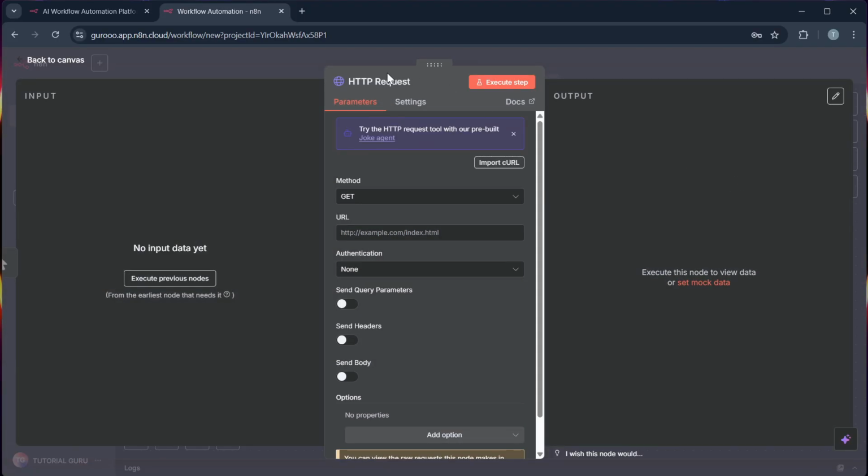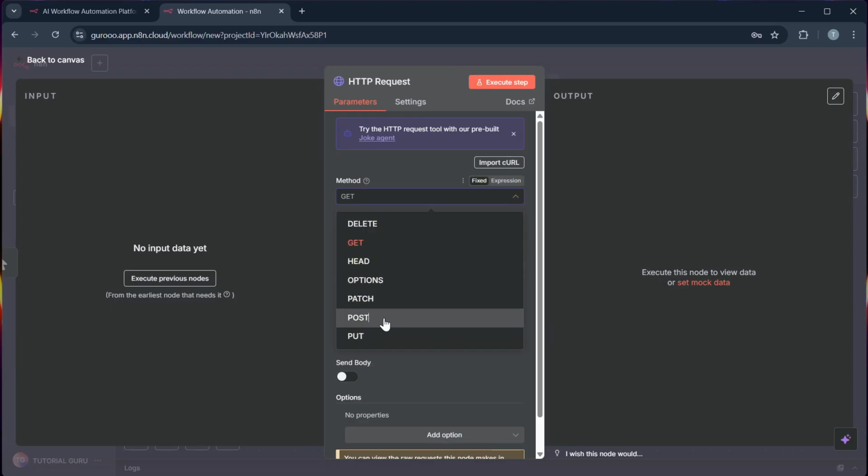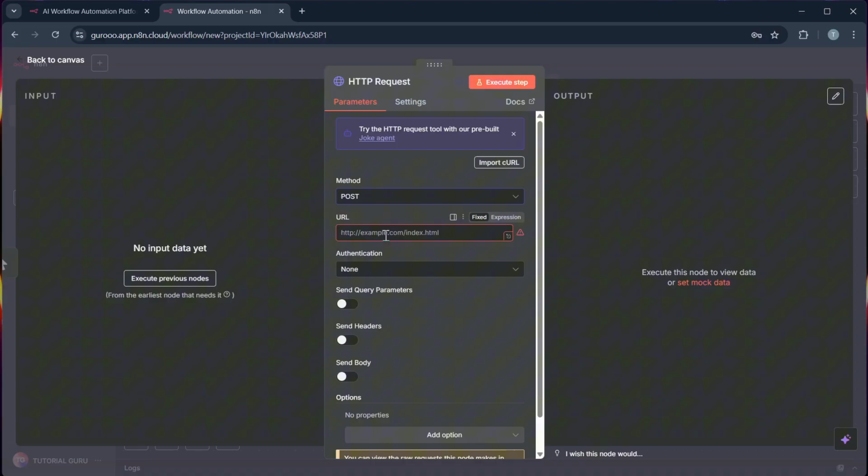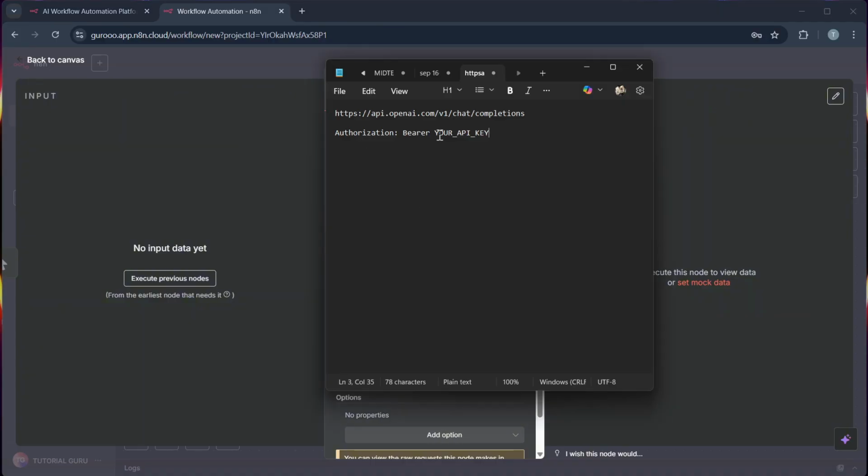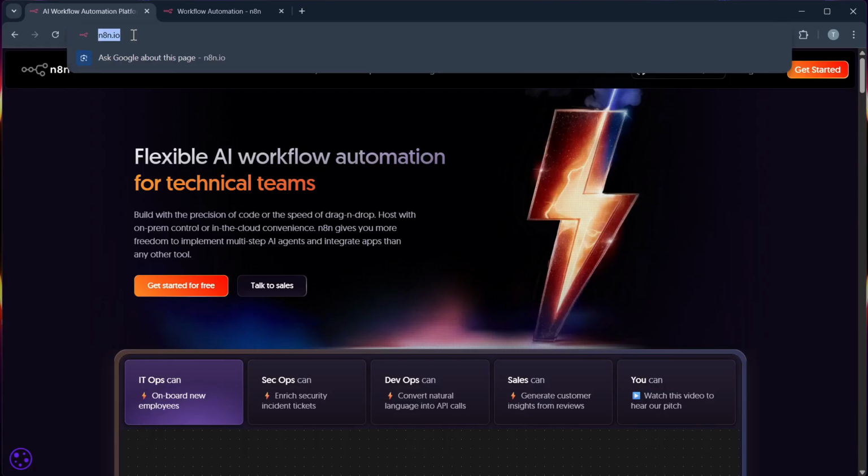Then after that, step 3. In the node, set the method to POST. And then enter your OpenAI's endpoint API like this one. And then after that, step 4, go to platform OpenAI,